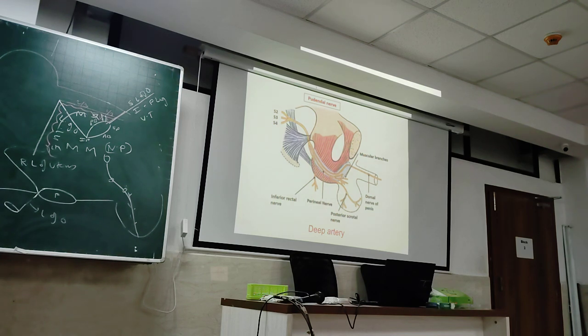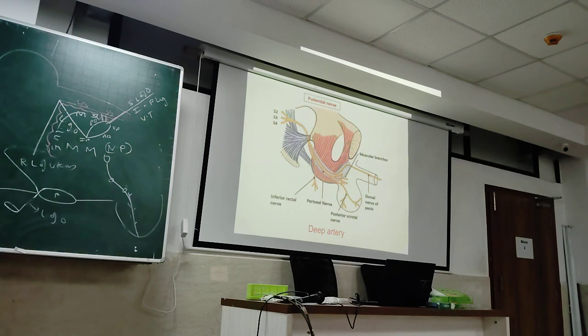And the femoral artery was done way back in December. But that does not mean it's not going to come in the university exam. So the superficial and deep external pudendal vessels will supply the anterior part of the scrotum. The posterior part of the scrotum, we saw, is supplied by the posterior scrotal vessels. The anterior part of the scrotum has blood supply from the external pudendal vessels, but the question still remains.